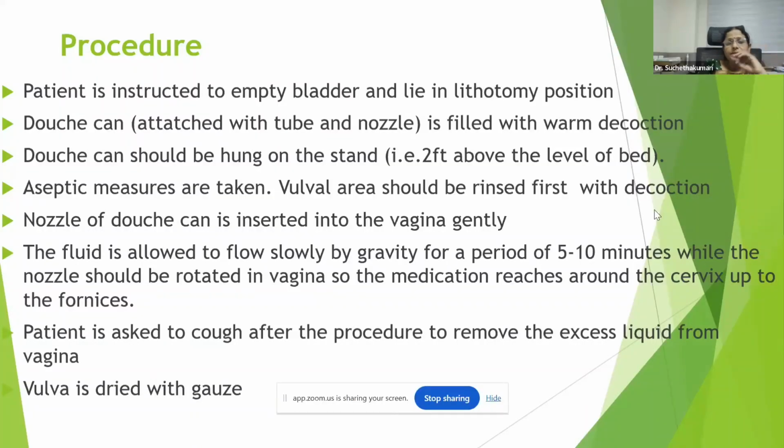The douche is taken in the douche can, and before starting the treatment, we have to clean the vulva with the aseptic solution, and after that, clean the vulva with the medicament which we have taken for giving the douche. And after that,